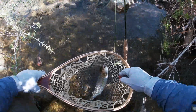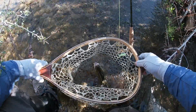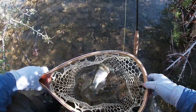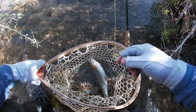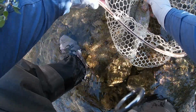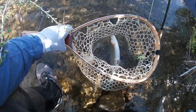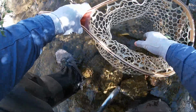So there it is, first fish of the day. A couple little casts in, and got a decent 10-12 inch rainbow trout on. That fly has just barely hooked him there, right in the corner of the mouth. Now to get that